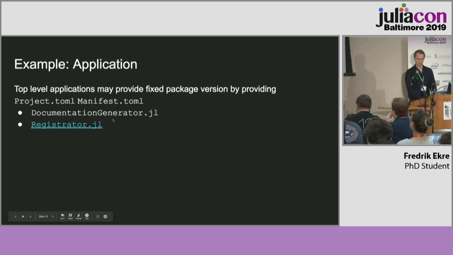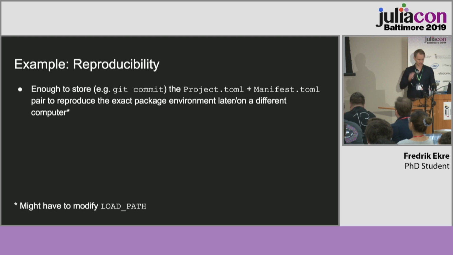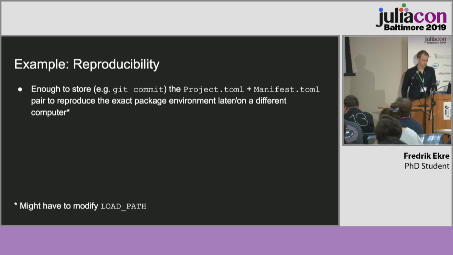And apparently the documentation generator package does not do it, but I would recommend doing it. And the third one, or the fourth one maybe, is reproducibility. So it is enough to store these two files. They define the full environment. And if you have them, then you can reproduce the exact package environment, for example, a year later or on a different computer or whatever. So this is very useful